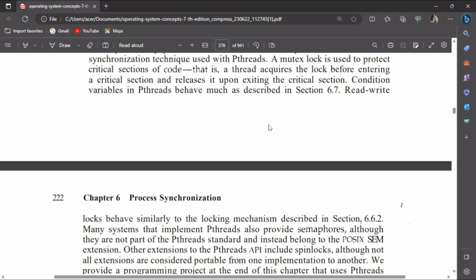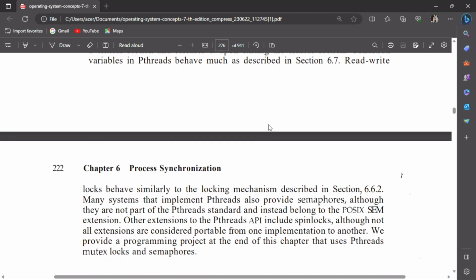The thread cancel function allows one thread to terminate the execution of another thread. This should be used with caution as it can lead to resource leaks and inconsistent program states. We provide a programming project at the end of